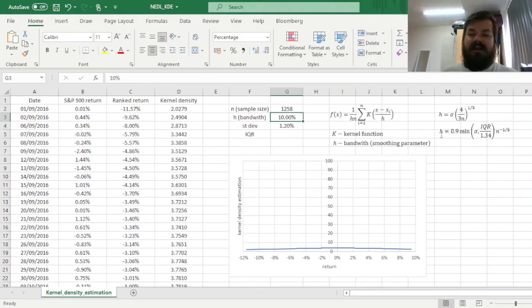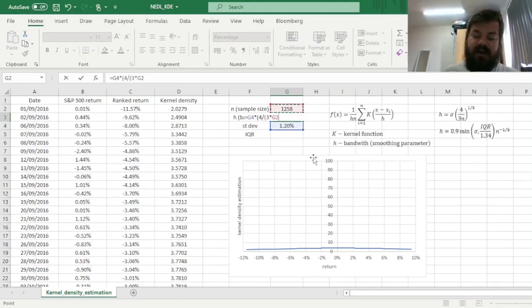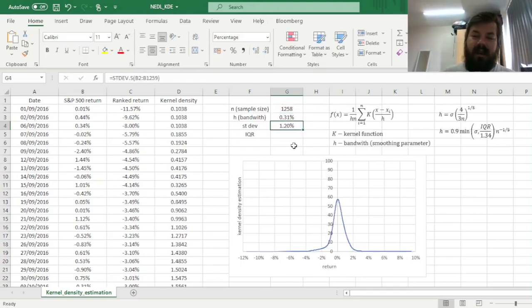And here we can already calculate the optimal bandwidth as per this particular heuristic. This relies on minimizing the mean squared error of your estimation, so it's quite common in optimizing Gaussian kernels, so kernels that rely on the standard normal distribution. And here we can plug in our standard deviation, multiply it by 4 divided by 3 times n, which is the sample size, and this parentheses we can raise to the power of 1/5. And that would give us a bandwidth of 0.31%, and here we can see that it is a reasonable trade-off